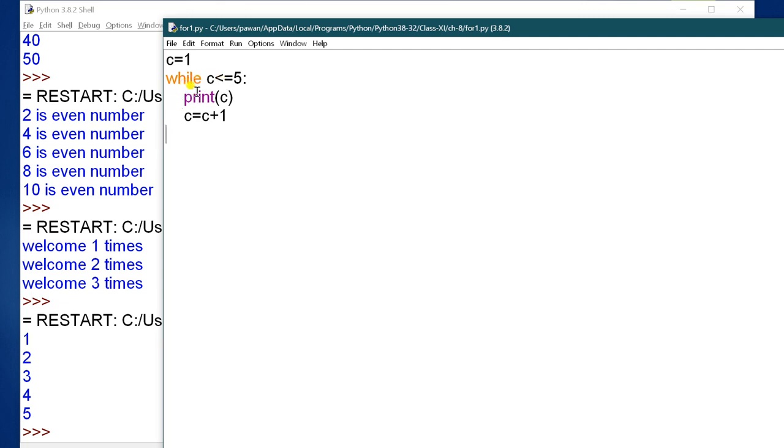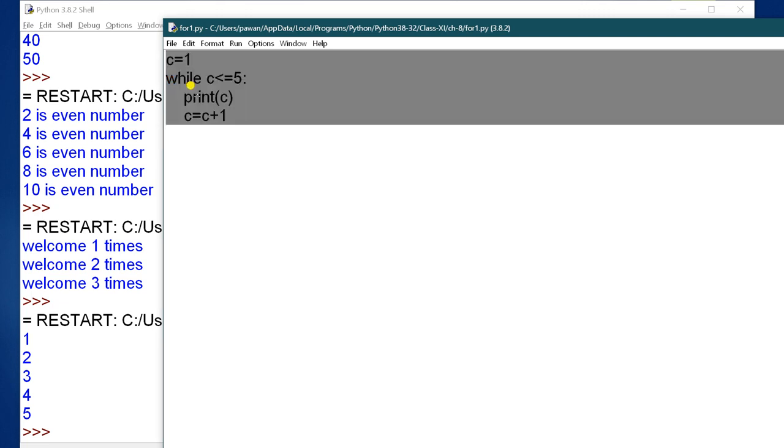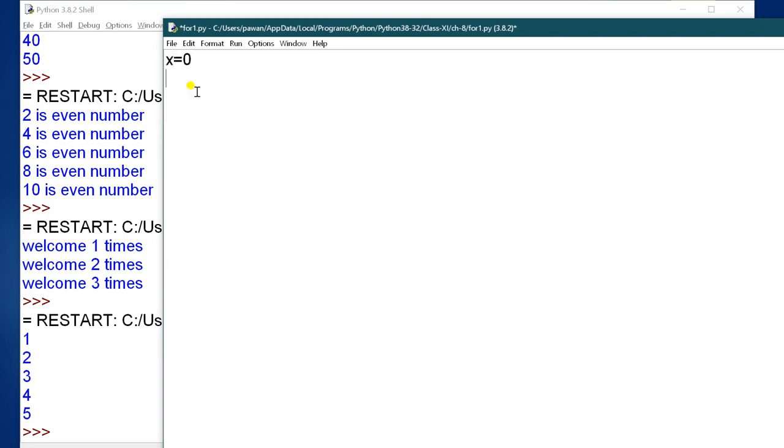Now next is the while loop with the else condition. So x is equal to 0, s is equal to 0. While x is less than 10, s is equal to s plus x. Now x is equal to x plus 1.